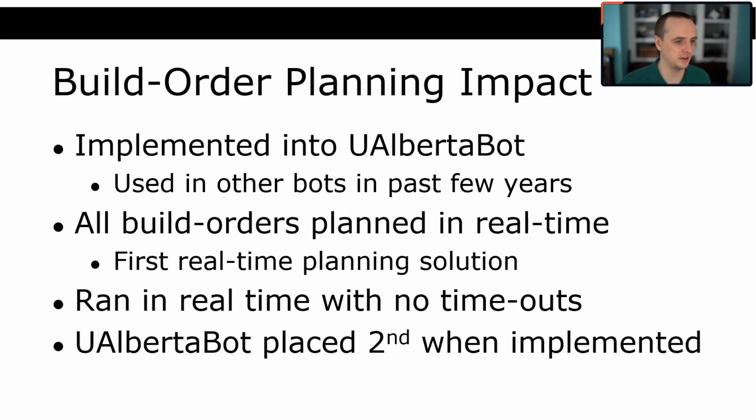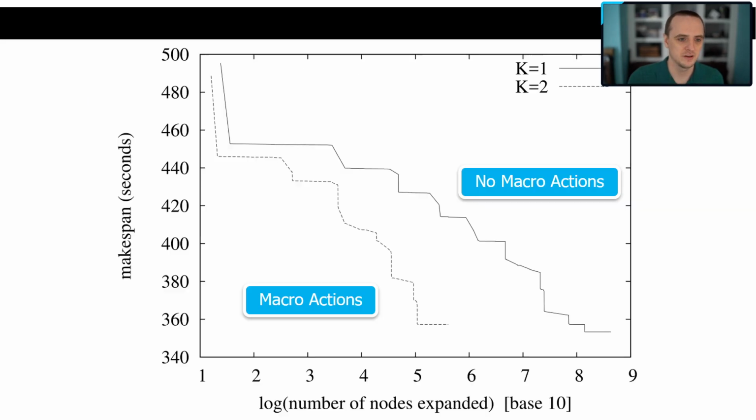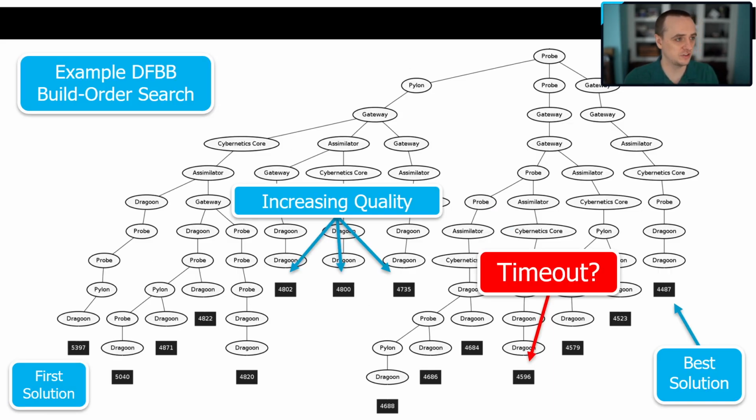BWAPI is a blocking system, meaning that, for example, if I wanted to give my build order planning system 5 seconds to do its search, that would mean that when I run my search, the game is going to be paused for 5 seconds. But in the tournament, you can't take 5 seconds of computation for 1 frame. You have 50 milliseconds to do all your computations for 1 frame. So what I did was make this search able to be paused and resumed.